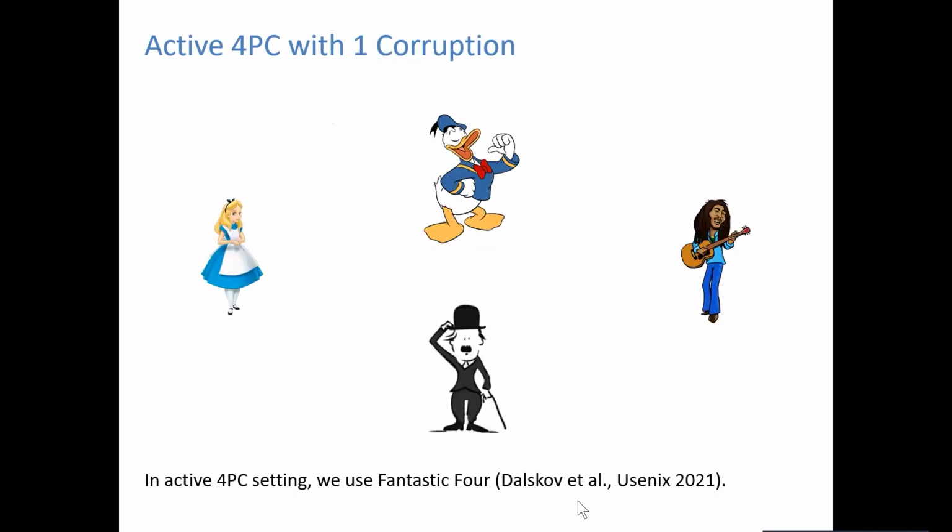But actually, there is a much more efficient way to do secure protocols for this case if you allow one additional computing party. So if you are in the setting where you have 4 computing parties and still the corruption threshold is only 1, then you can improve things by using these techniques from the Fantastic Four paper, for instance, from Usenix 21.